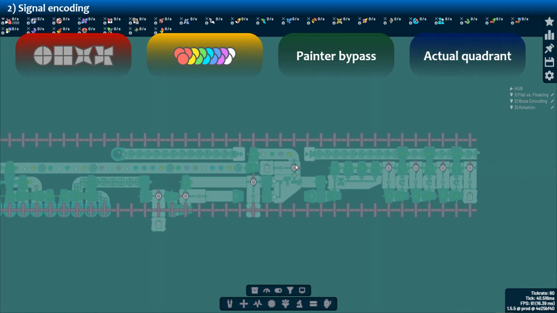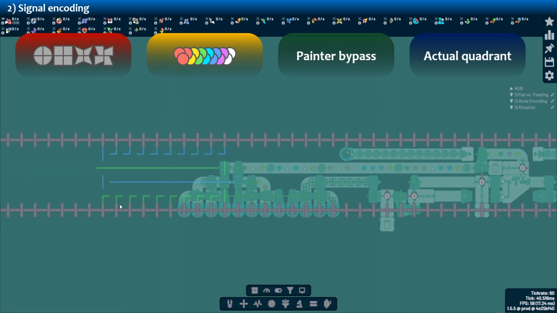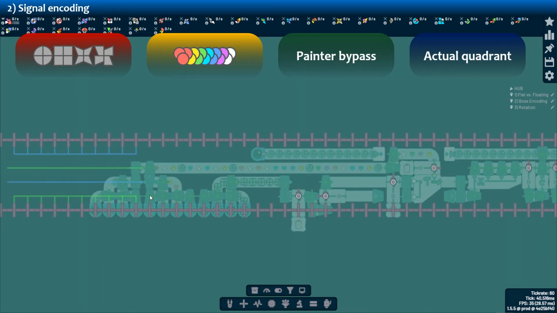Of the actual quadrant. So what we get is we are going to need to hook up 4 wires to these filters, and we only have a height of 4 cells to do that in,